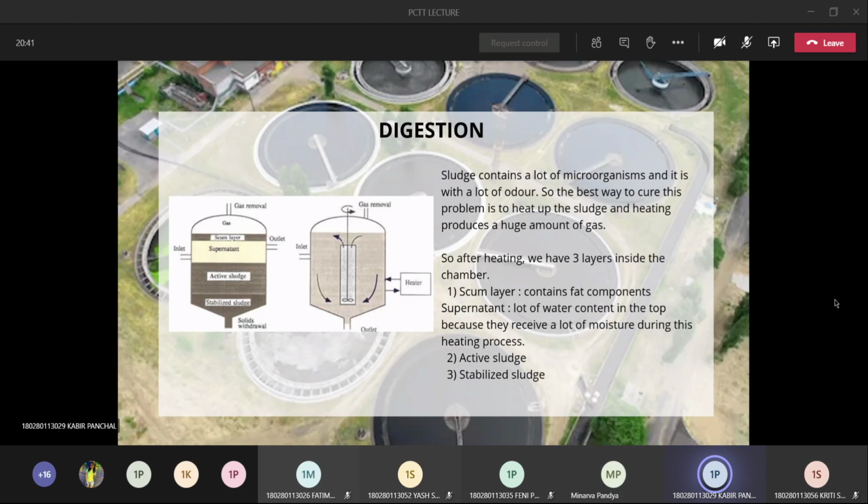Second one is digestion. Sludge contains a lot of microorganisms and it is with a lot of odor. So the best way to cure this problem is to heat up the sludge, and heating produces a huge amount